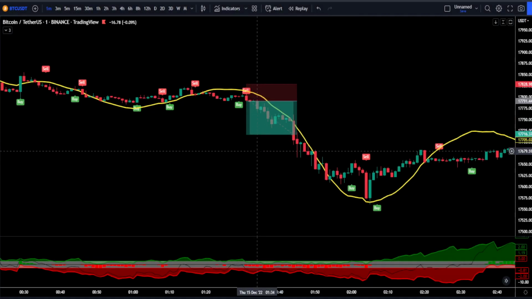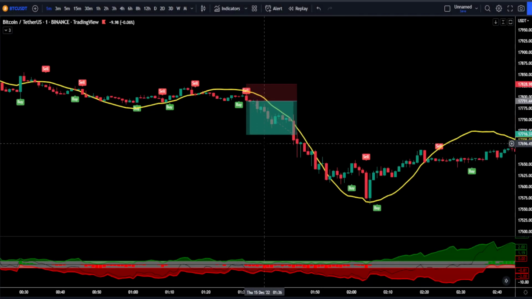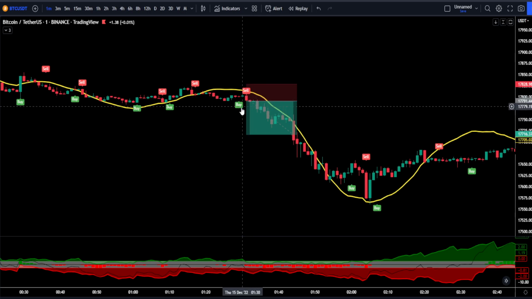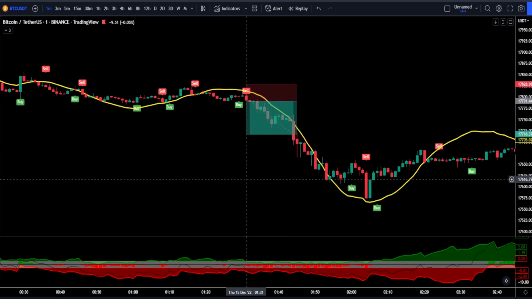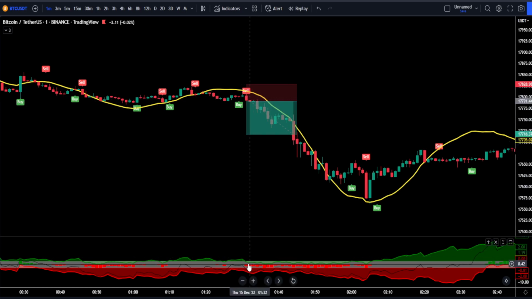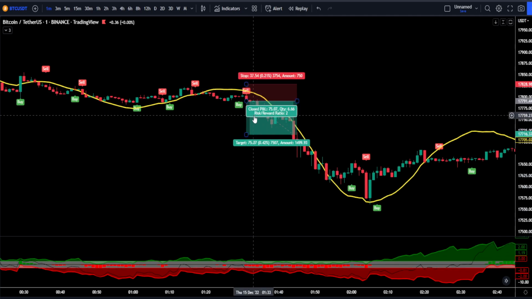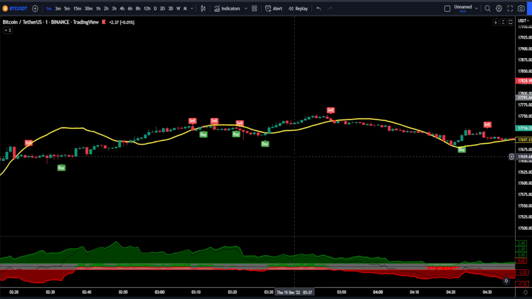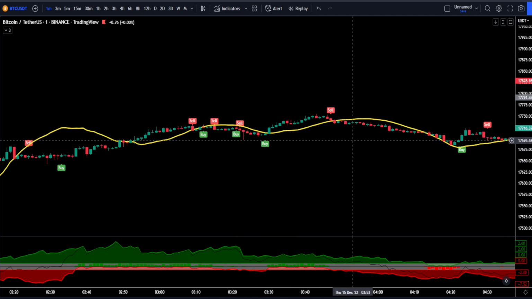For short entries, the rules are exactly opposite. The parabolic SAR must issue a new sell signal, the candlestick must be positioned below our zero lag SMA, and to confirm the entry, the bulls and bears must issue a new red histogram at the time the signal is issued. The stop loss is set slightly above the zero lag SMA, and our take profit target is set at 2 times the risk. As we can see, this strategy is perfect for eliminating losing trades when the market is